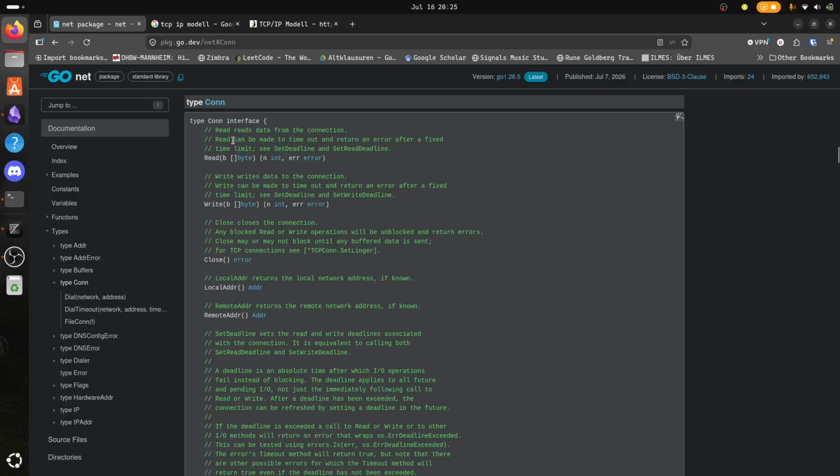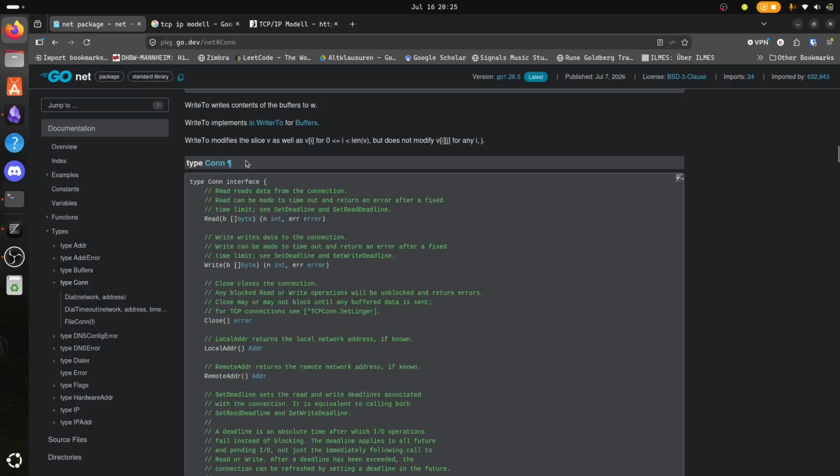Read can be made to time out and return an error after a fixed time limit. Yes, that's quite okay. I understand. Read, write. Okay, so after we accepted the connection, we probably want to read the data. We can write to this connection, which probably holds